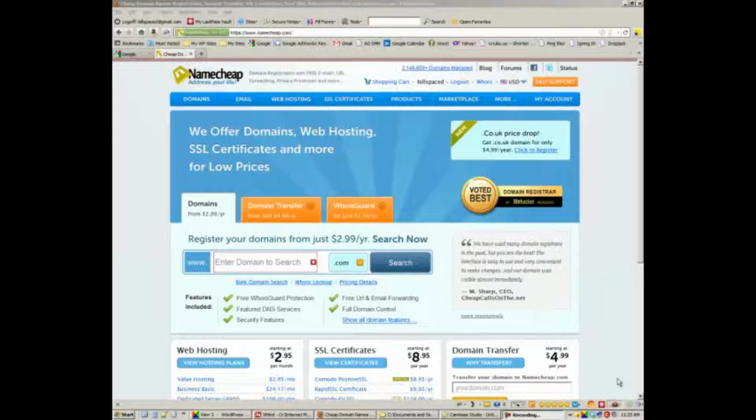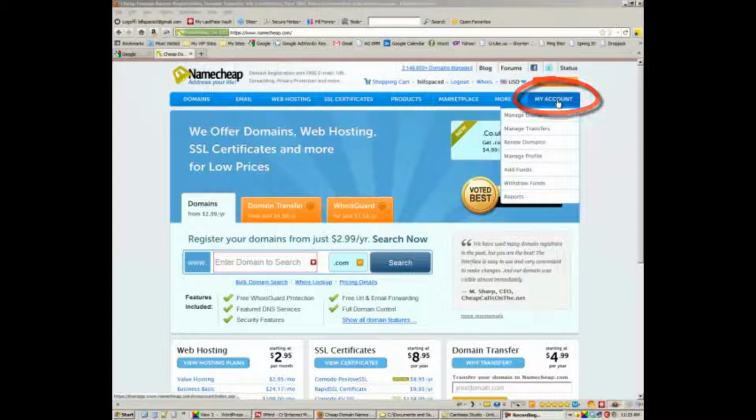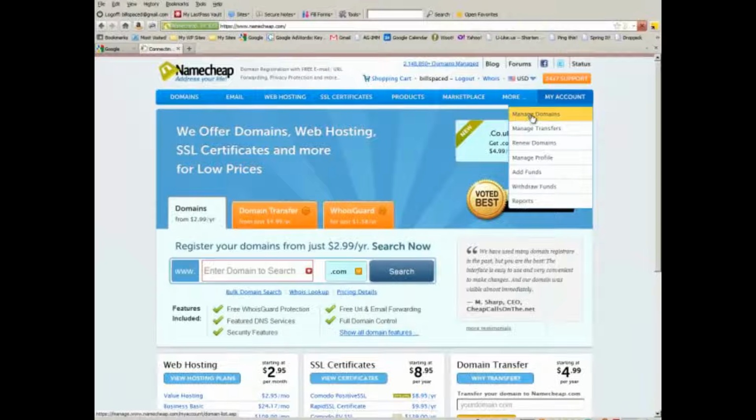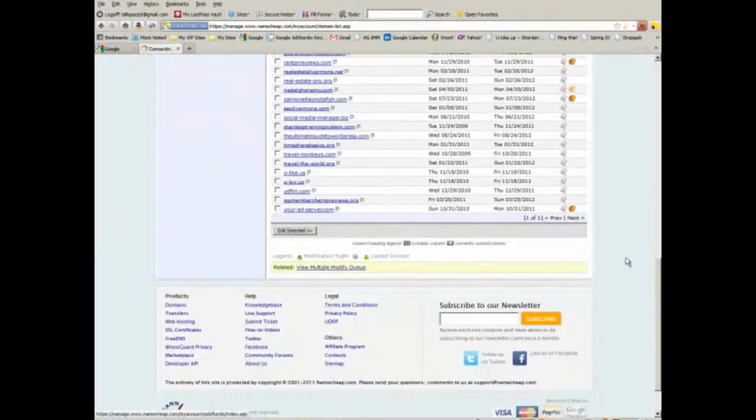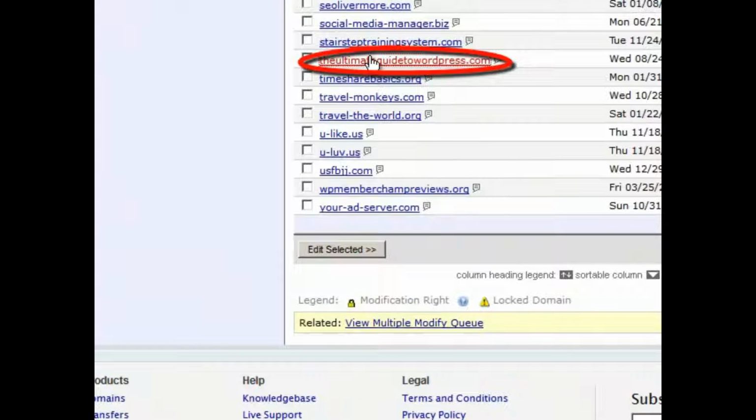The first thing you want to do after you register a new domain name is to configure your name servers at your domain registrar. Domain registrars are similar. You need to look for a link called Domains or Manage My Account, and then find a link called Manage My Domains. So with Namecheap, what you do is you go to My Account and Manage Domains, and then you scroll down to your newly created domain name, and this is the one I just created,